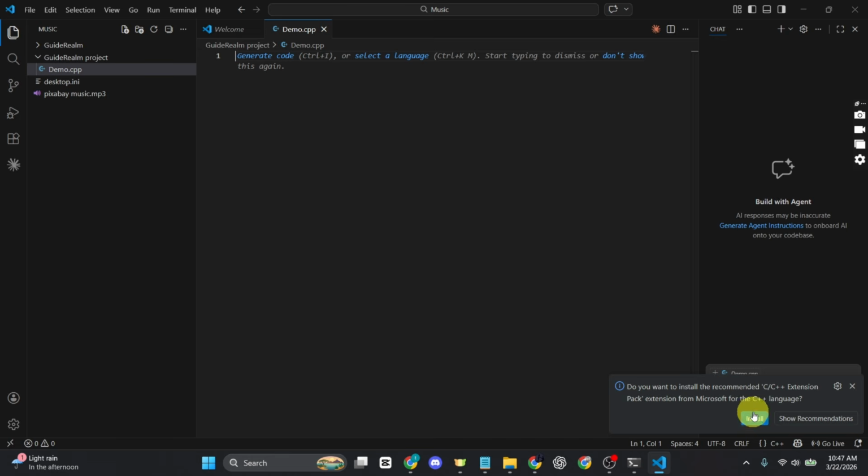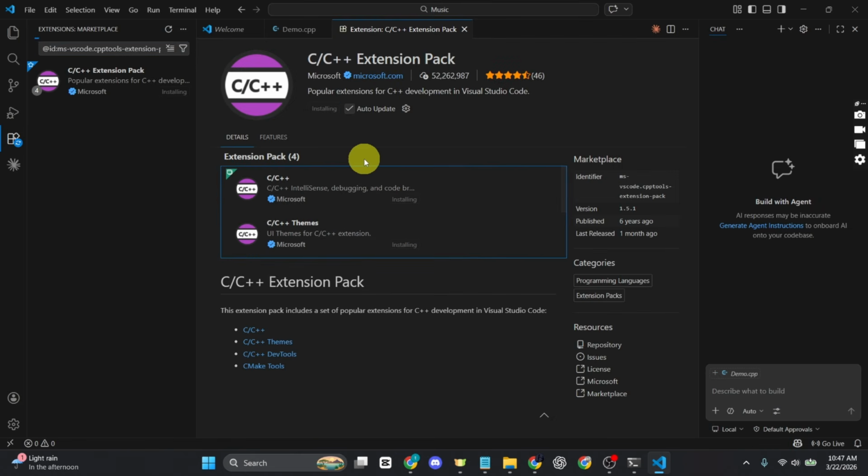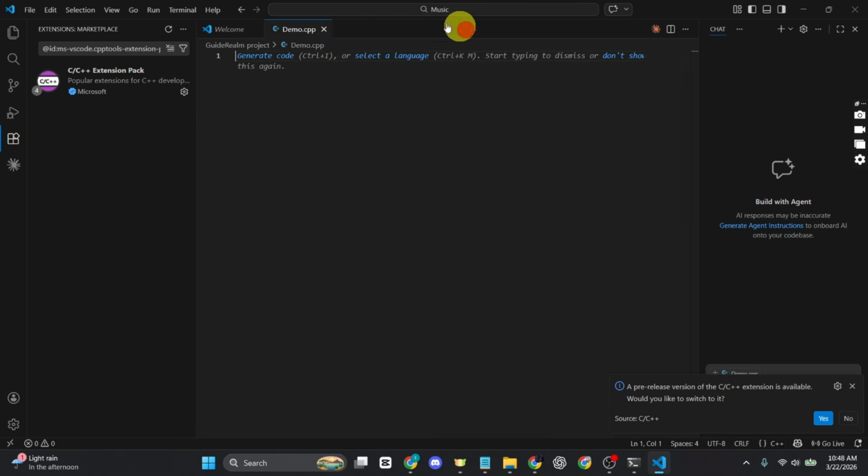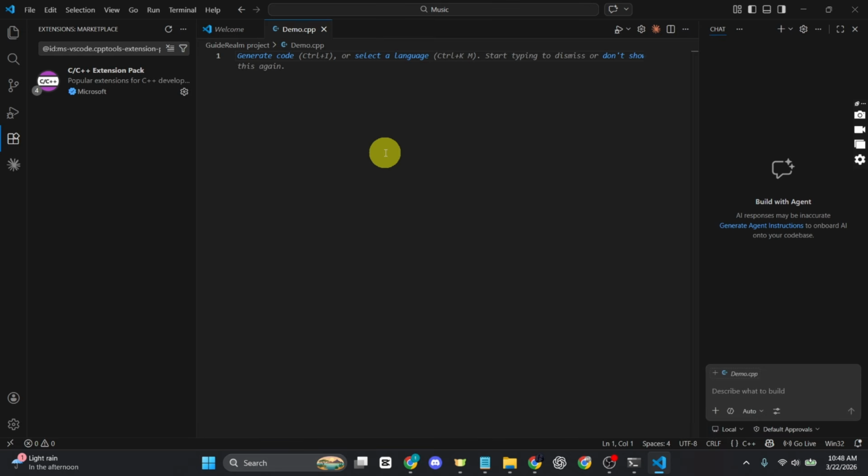VS Code will prompt you to install this extension at your bottom right, like so. Just click on install to add the extension. This extension allows VS Code to recognize C and C++ code, provide suggestion, and helps with compiling. And just wait for the installation to complete, and after the installation is complete, you will see now we can disable and uninstall which proves that our extension has been downloaded. Now just close the tab,